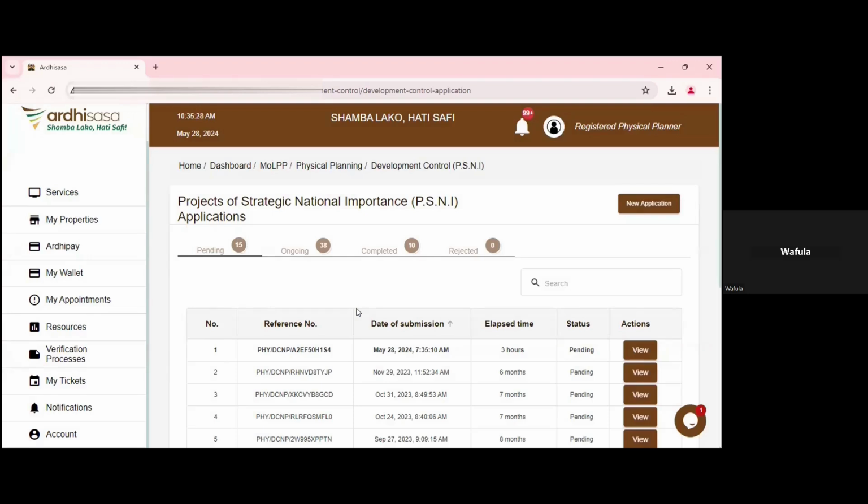So in this application, as we noticed, we involved a party which is the developer or the investor, who is the developer or the investor in the application through the Ardhisasa ID. That means that we are going to expect an execution or an acceptance on his account towards making this application. So when we click on view,